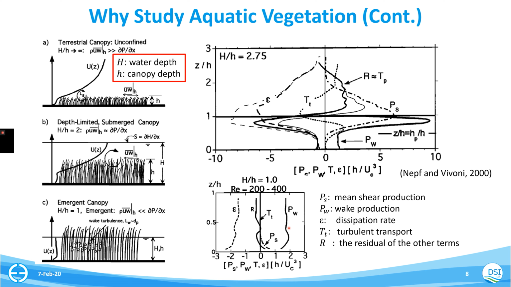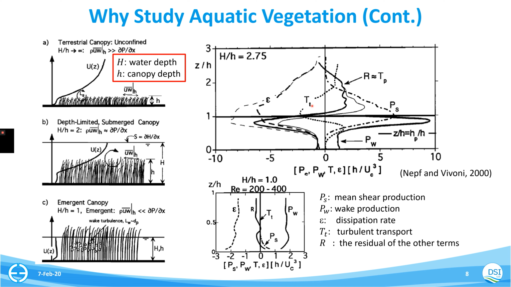You will see the wake turbulence scale is a very important part of the emergent case. And for the submerged case, the y-axis z is the water depth. If the water depth is equal to the canopy depth, then 1 is equal to the top of the canopy. In this case, you will see the wake production and the shear production are equivalent, and especially near the top of the canopy the maximum wake production will happen, and at the top of the canopy you will find the maximum shear production. Then the dissipation rate is equal to the shear production plus the wake production, and above the canopy, you will find